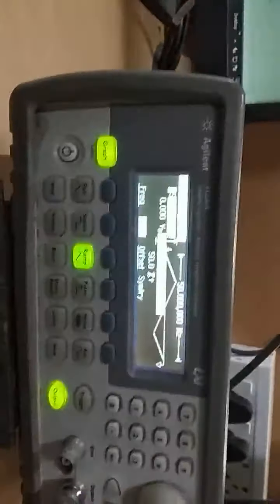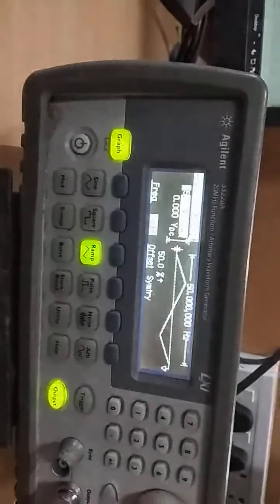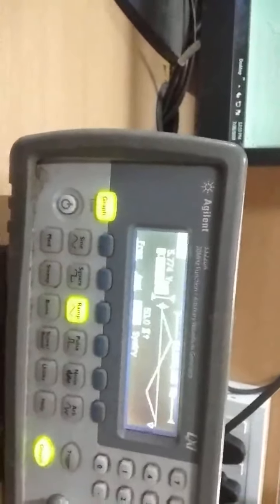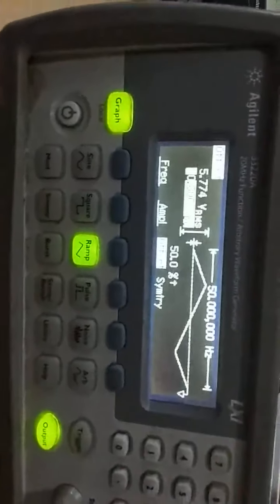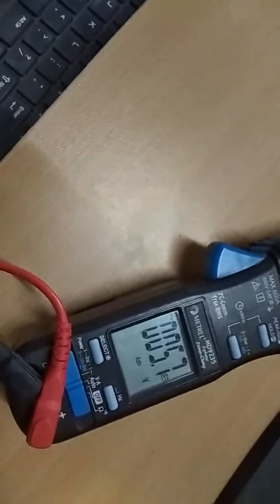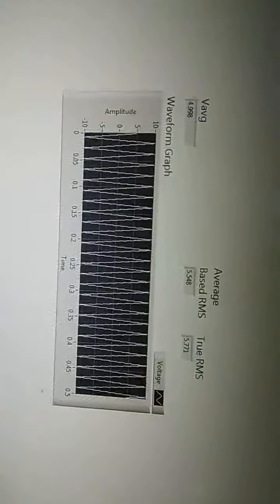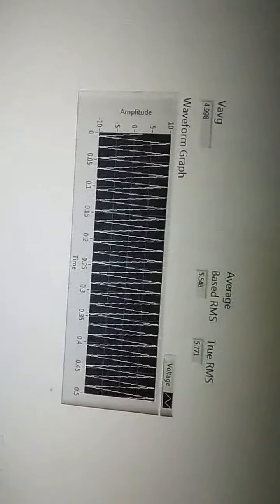Now let us move to a ramp waveform. Okay. Here also we have a ramp waveform, and its RMS value is 5.774 volt. And if we observe the output in the true RMS meter, it is 5.7 volt, which is more or less accurate, and in case of the averaging based RMS meter, it is 5.49 volt, there is a small deviation even in the first digit. Let us see the output in LabVIEW. Here also the average based meter has some deviation, but the true RMS measurements are correct.